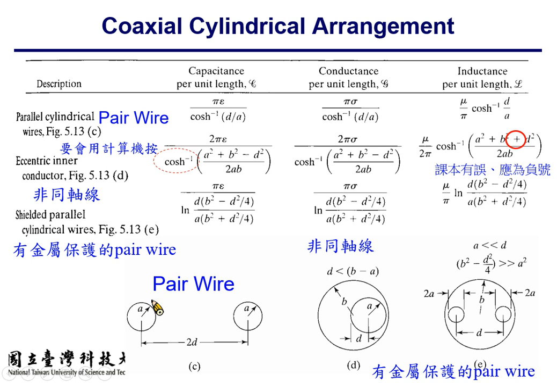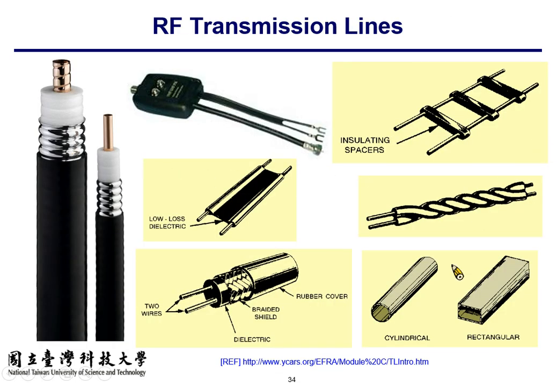So it's a protected transmission line. So it's more difficult to break into this kind of transmission line because the outer conducting layer provides a certain degree of protection. And the third row here is the per unit length parameter with this shielded parallel cylindrical wires. Alright, and here are some illustrations for coaxial cable,